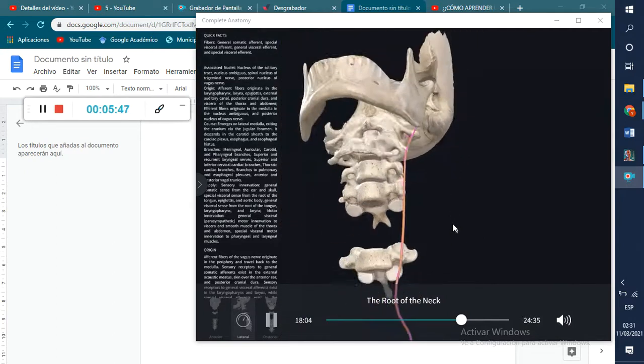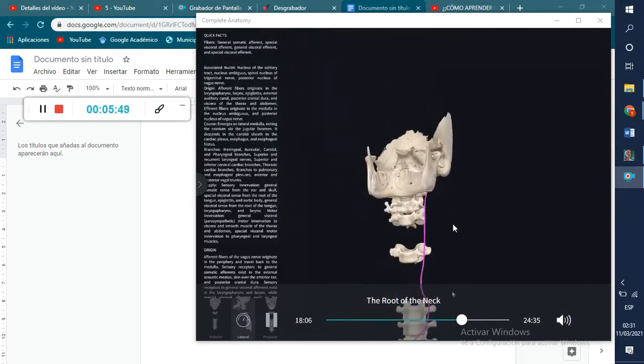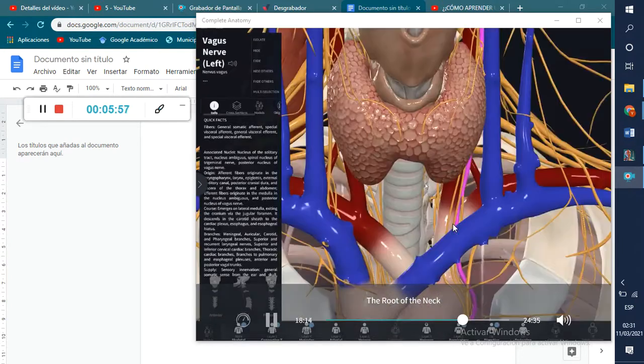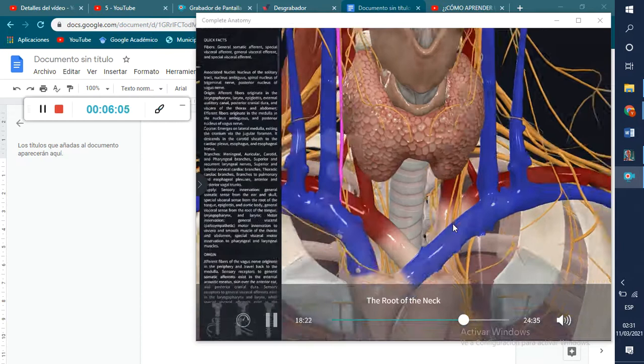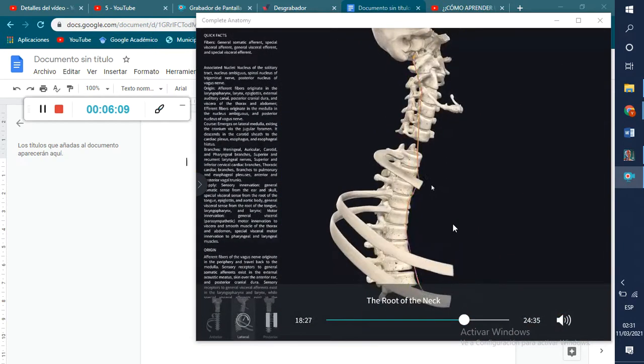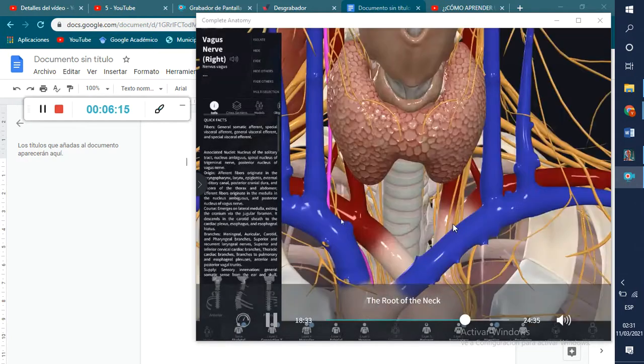it'll course all the way down the neck, and it'll loop around the arch of the aorta to give off the recurrent laryngeal nerve on the left side, whereas on the right side, the vagus nerve, that should be this one here. Let me see if I can click on that. Yep, on the right side, the vagus nerve, well, there's no arch of the aorta for it to loop around, so on the right side, the vagus nerve will continue inferiorly, but the recurrent laryngeal nerve on the right side will be given off